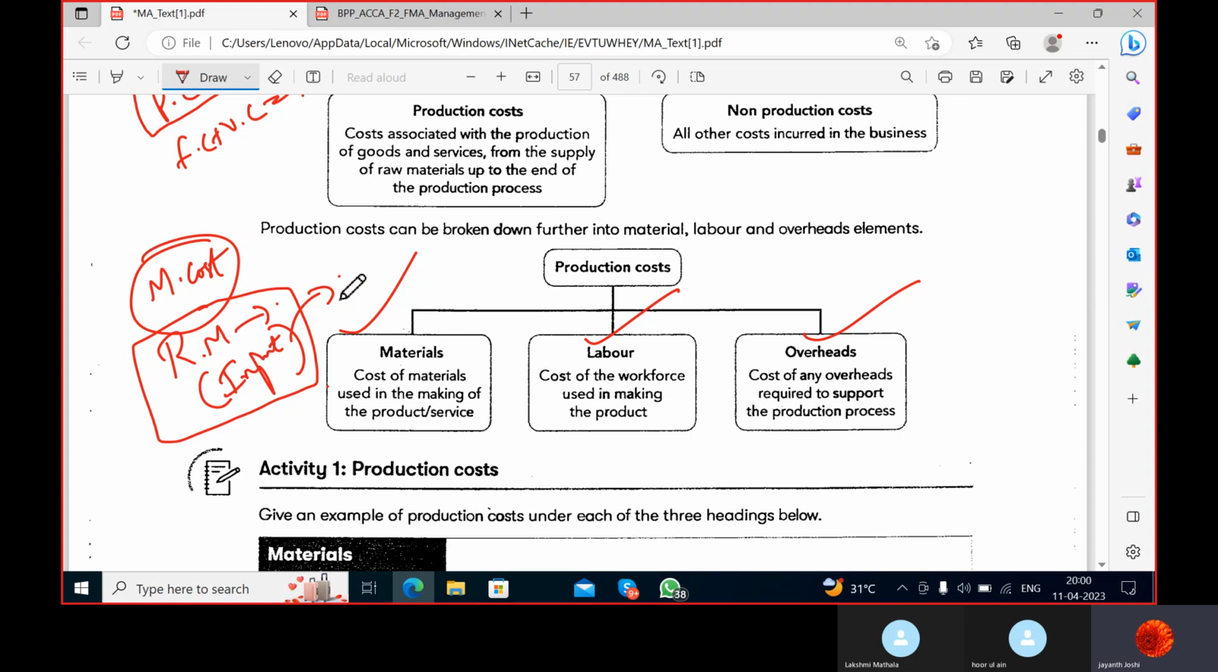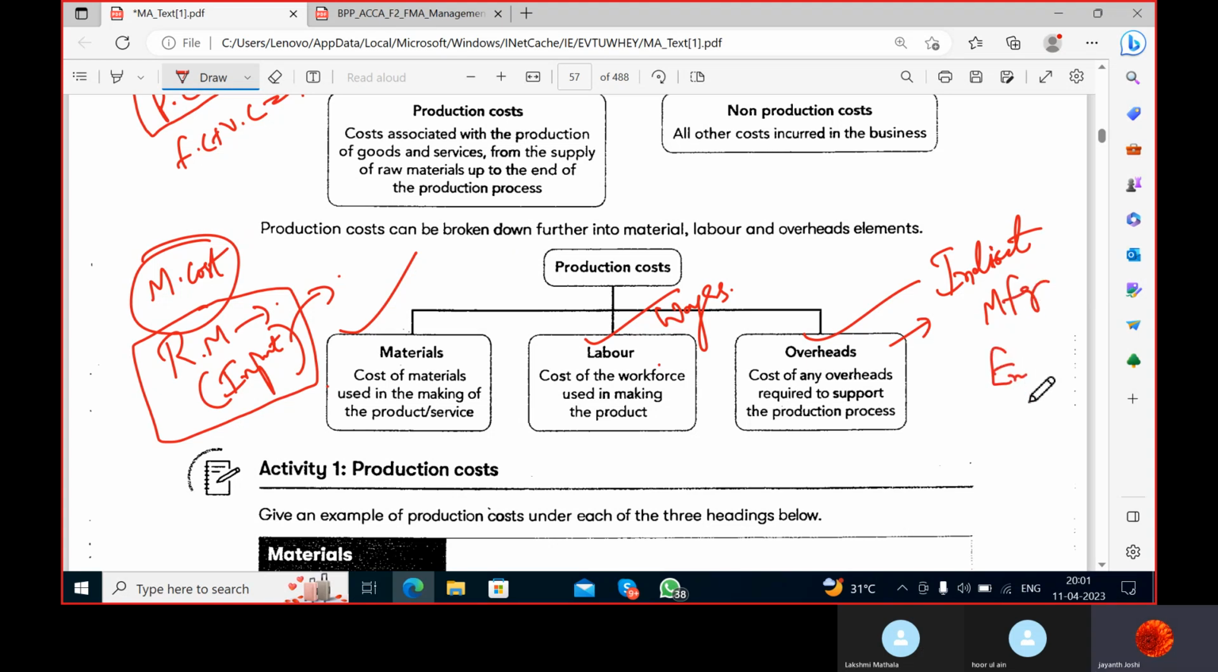So the first and foremost cost that a production or manufacturing company incurs is material cost. Then they will pay wages to labor, who are also involved in converting the raw material into finished goods. And then they will incur one more cost here, that is overheads. But overheads are not direct expenses. Overheads are indirect